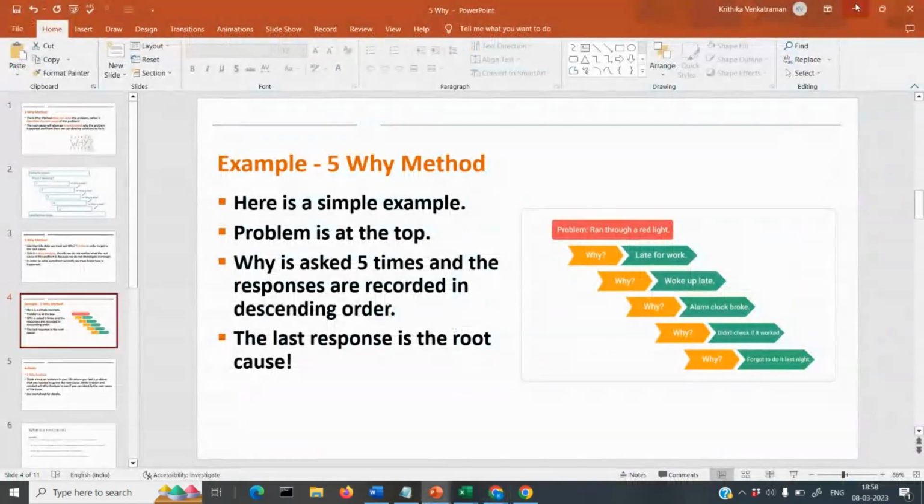Okay. So now we have another question. I have a 5 why. If I ask 5 why, I will get to the root cause of the problem. So if I find the root cause of the problem, what is the benefit of